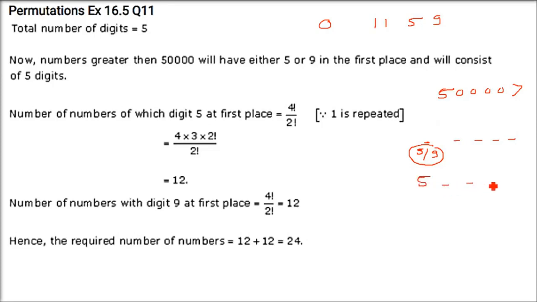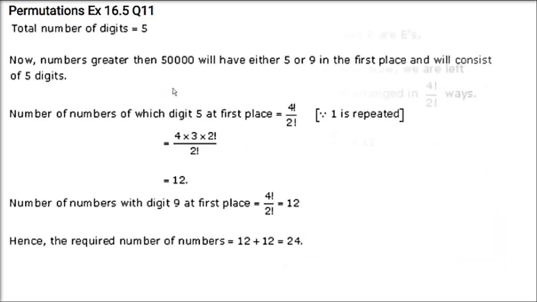Okay. So let us fix 5 here. So we have 4 positions, so factorial 4. And since 1 and 1 is remaining, 1 is repeated, you divide it by 2. So this is for having 5 at the front, that is the first position. Now let us assume that 9 is in the first position. Same thing: factorial 4 by factorial 2. 4 are the positions and 1 is repeated. So this is 12, and this is 12. 1 is for 5, 1 is for 9. So you add them, 24 will be there.